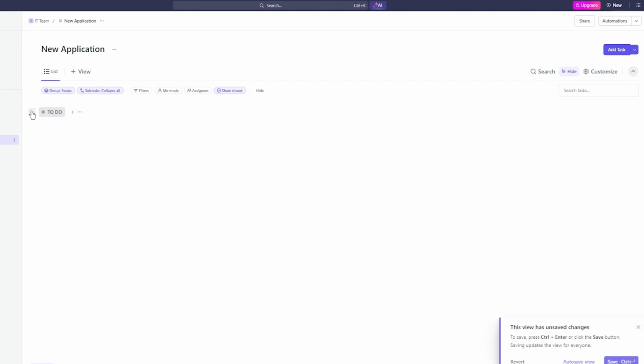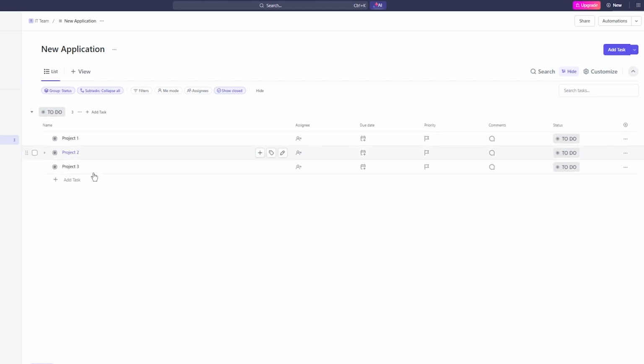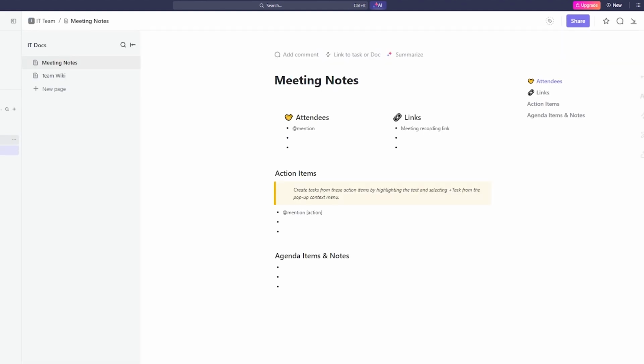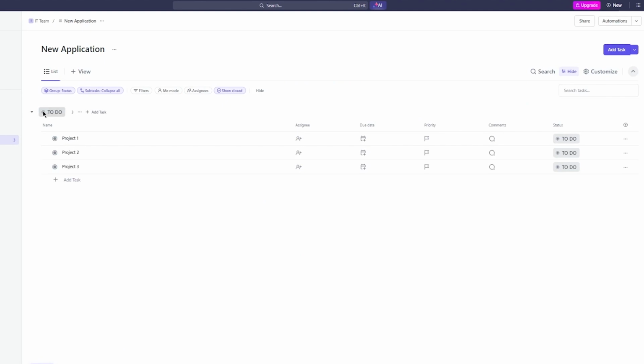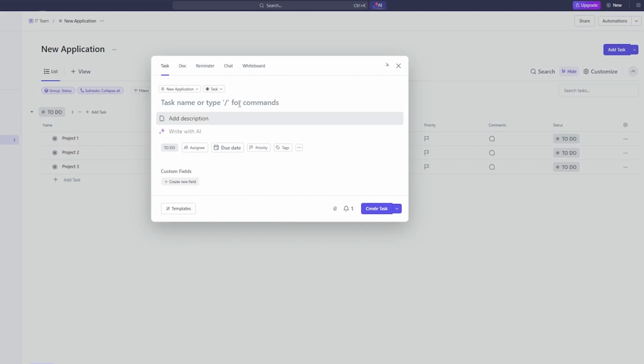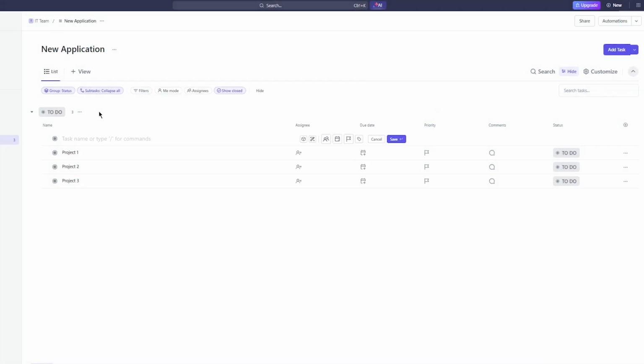Then once we call it new application, you have this. This is the priority list. Let's say in to do, we have these projects. Then you can add even more. So I'm going to stay here. Now, this is one list. You can add more tasks into this list. So in new application, we're going to add a task. You can add tasks one by one in this, but